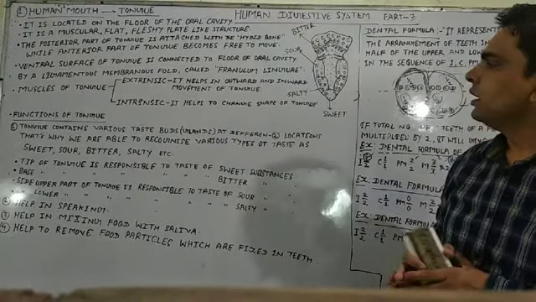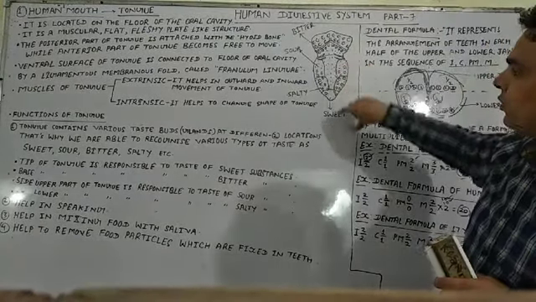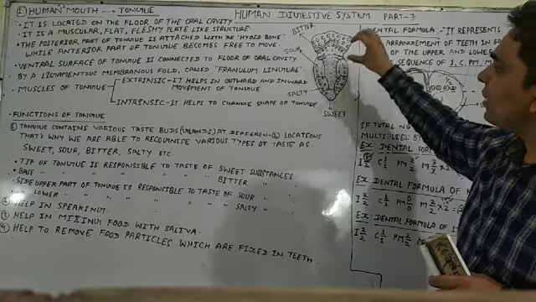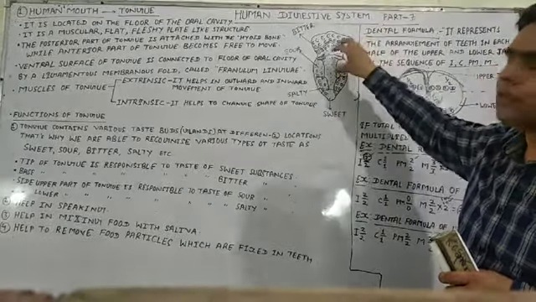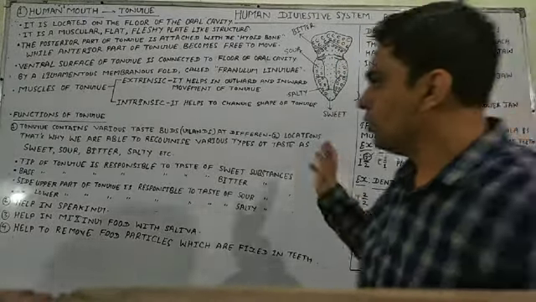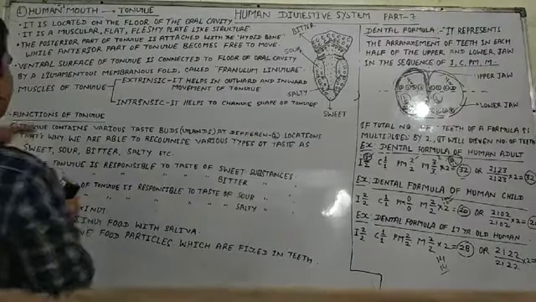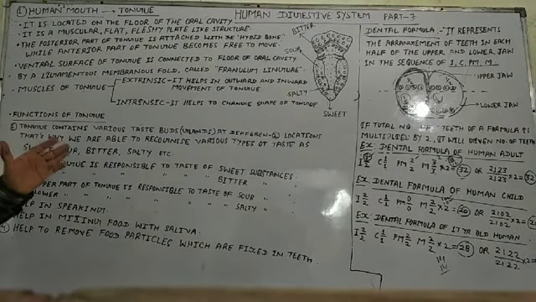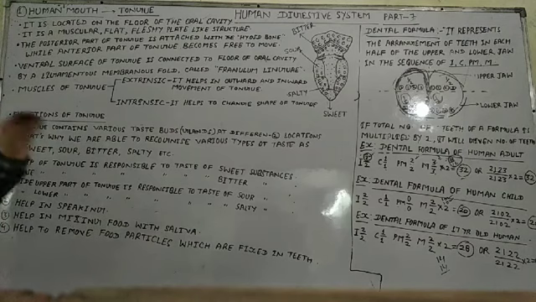Clear? And why do we feel various types of taste? Because there are taste buds found on the various locations of the tongue. So this is the prime function of the tongue. It plays a major role in making us feel various types of taste. So it is called a taste receptor. It is a taste receptor organ in our buccal cavity.